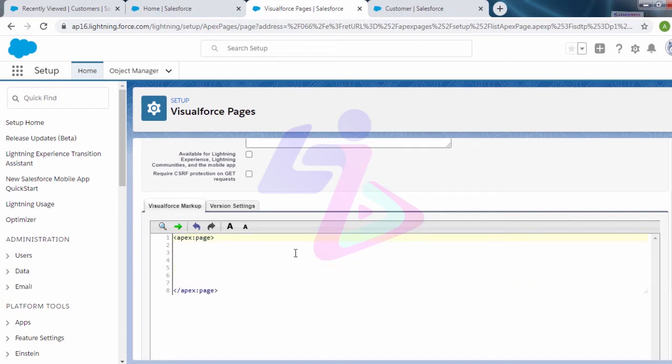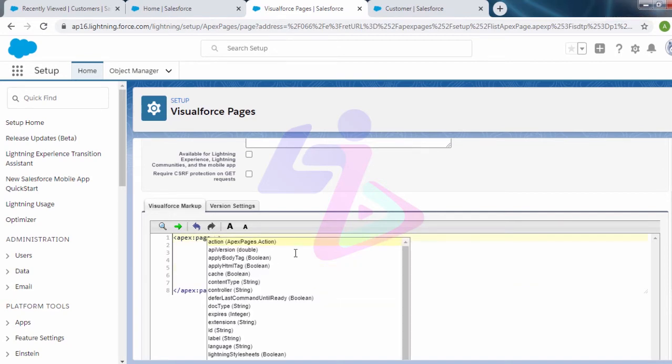So now inside this apex:page we have to define a controller. So basically there are two types of controllers available. First one is the standard controller and second one is the custom controller. So what is a standard controller? In a standard controller you take all the standard functionalities of the pre-created objects.